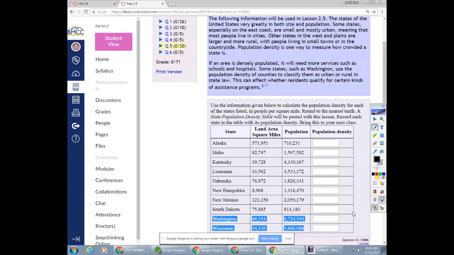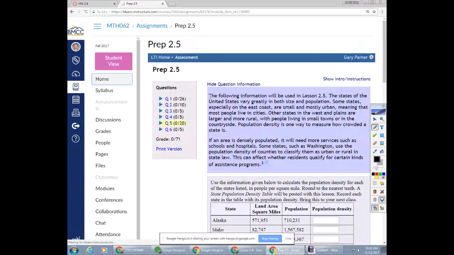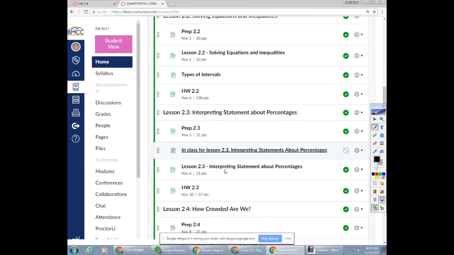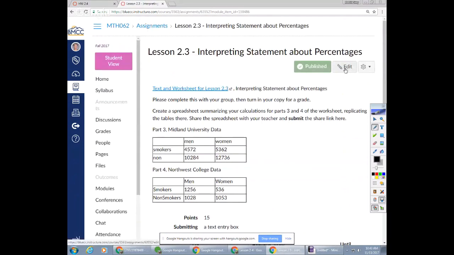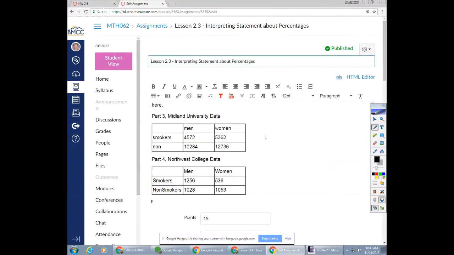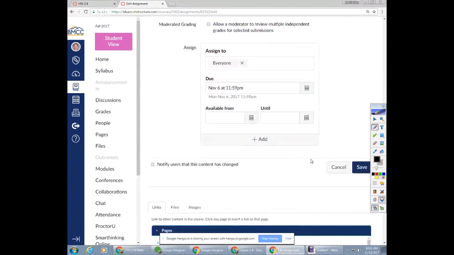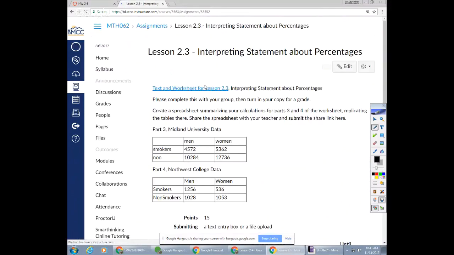Professor, what's up, Daisy? For lesson 2.3, I tried to upload it, but the box says text only. Okay. I could have sworn I hit the button there. Yes, you have 2.4. You can just drop it up here. Sorry, Daisy. Let me take a look at that. Which one? 2.3? Yeah. Okay. This one here. I forgot to put the file up here. All right. There you go. I'll go double check the others now. Thank you. You're welcome.